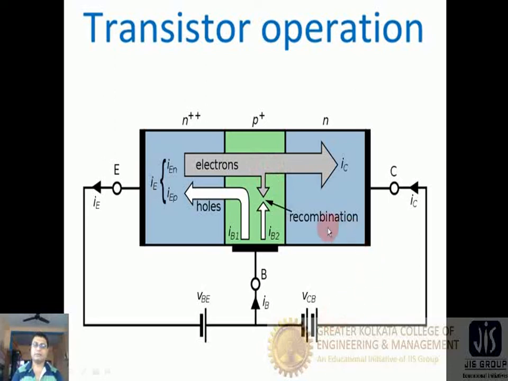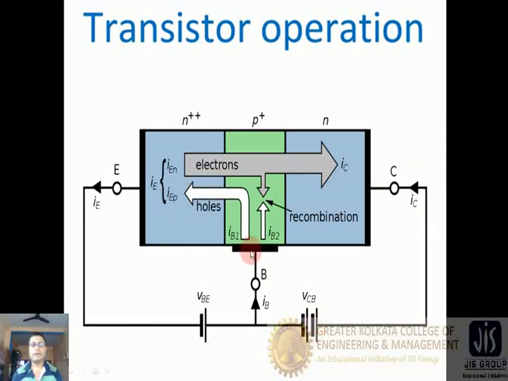Another thing we have to keep in mind is that the collector base junction should be in reverse bias. Reverse bias means the N terminal is connected with the positive terminal of the battery. That means all the electrons coming into the collector will be collected and go to the battery with the help of this collector. So it is the important role of the transistor. That is why the collector region collects the electrons coming from the emitter and they go to the positive terminal of the battery.